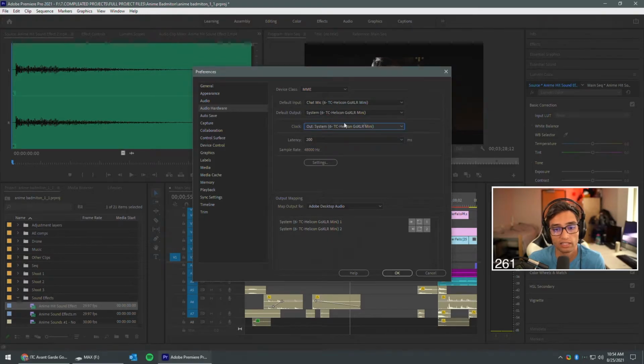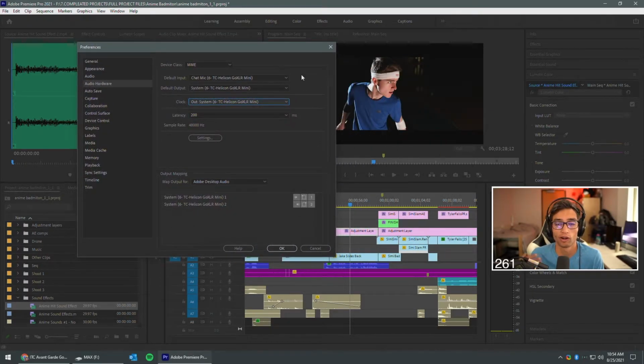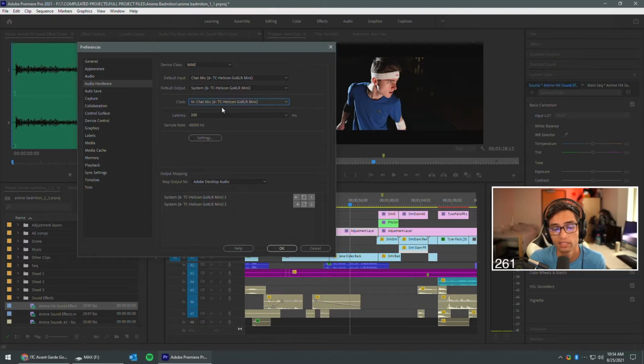This is your clock. So this sets basically everything in Premiere is set to your audio device. So if your audio device isn't working, your Premiere timeline won't work normally. Whether you wanted to set it to your in or your out. If you change your output device often, I would recommend setting it to your in, because normally people aren't changing